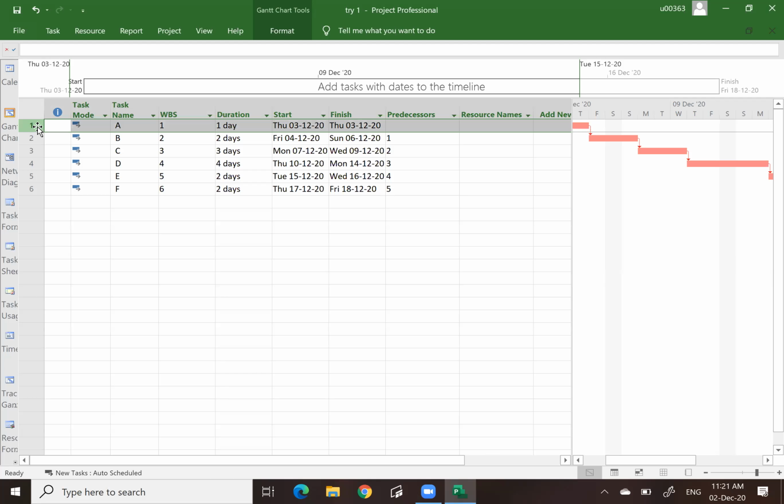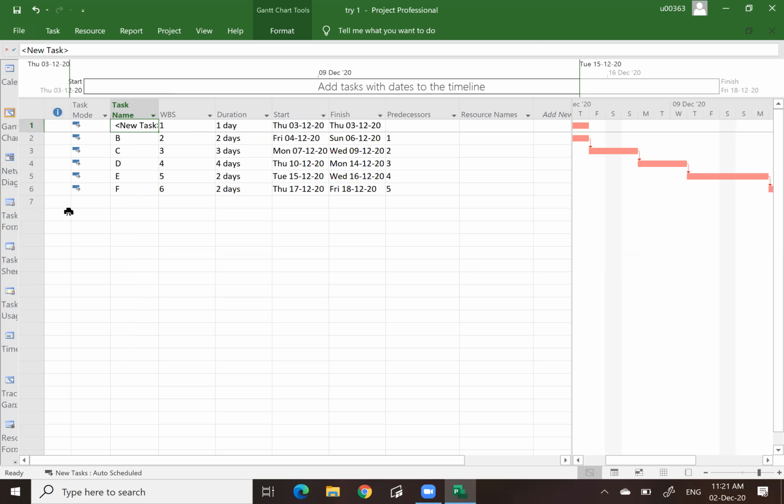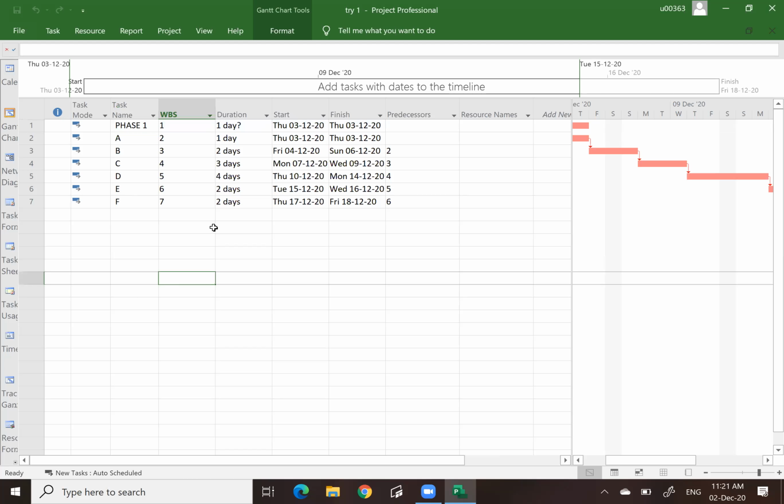ABC are all the activities that belong to phase 1. So first thing first, I insert a task because I want to create one name showing that ABC belong to phase 1, whereas DEF